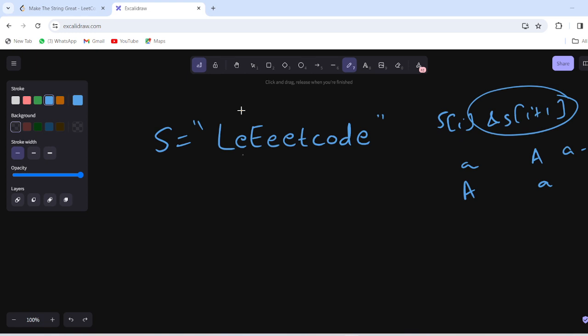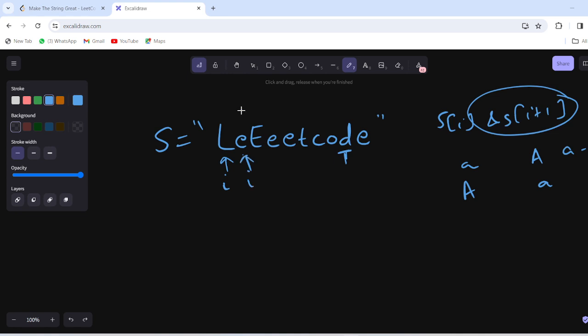Okay, so let's check out here. We will be iterating the string from 0 to length of string minus 2, up to here we will be iterating our loop. When we iterate from 0, we see L and E, these are not equal, so move forward.